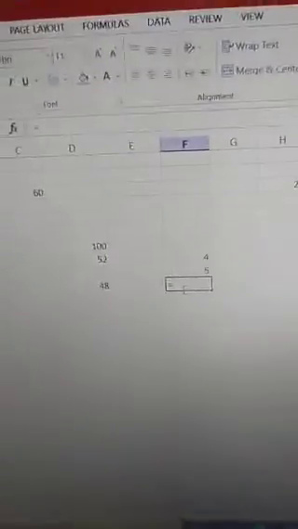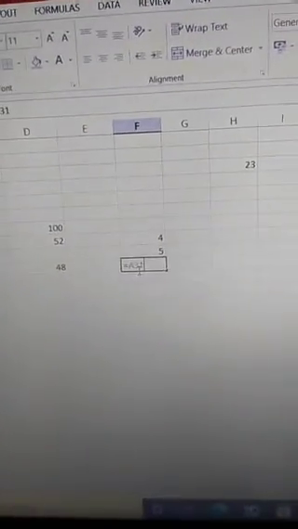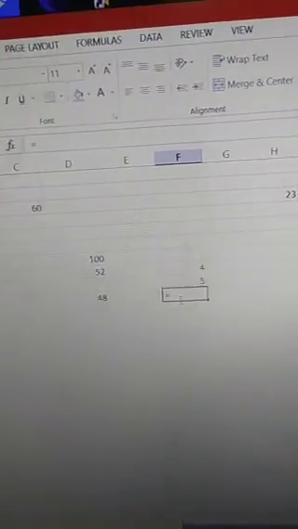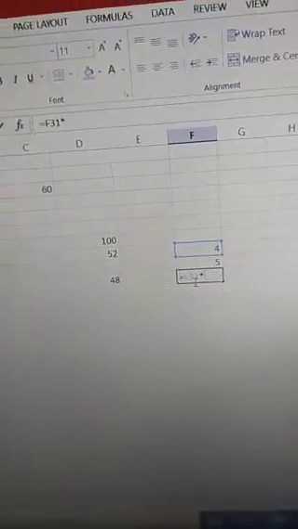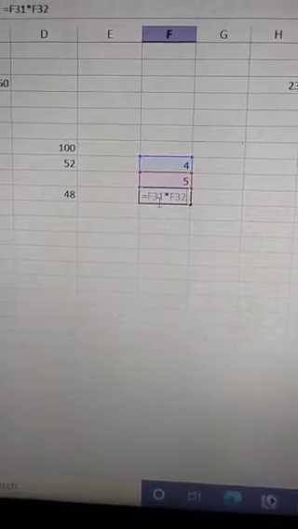So the equal to sign, then F31 into F32. When we select F31 and F32 with the multiplication sign and press the enter button, it will display the result of that operation.